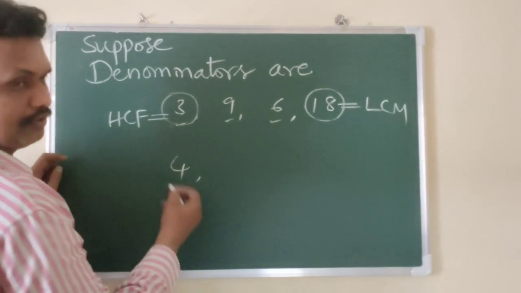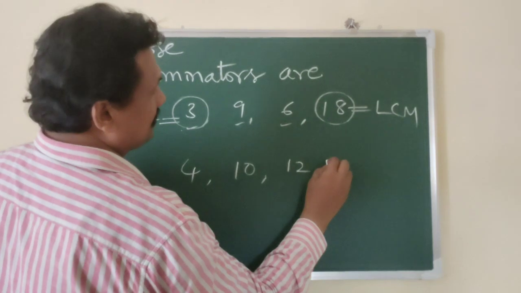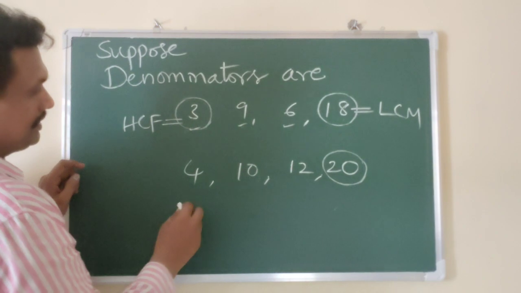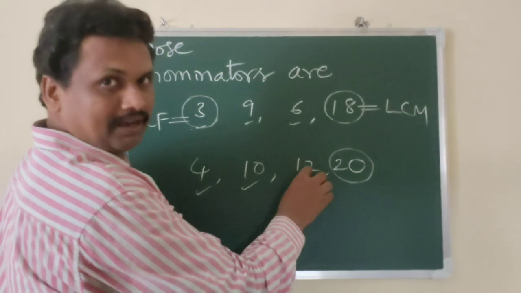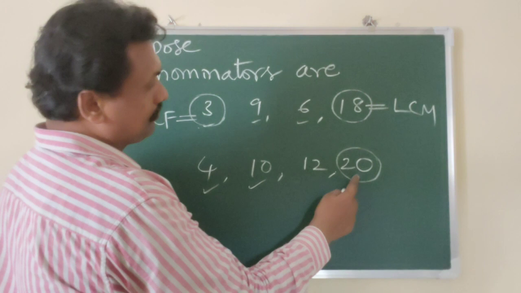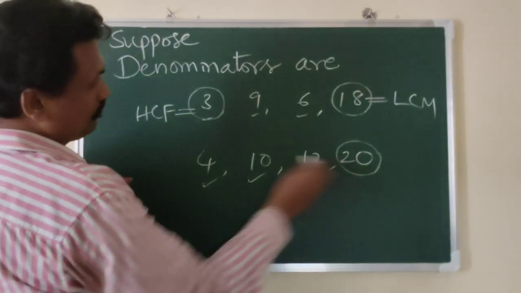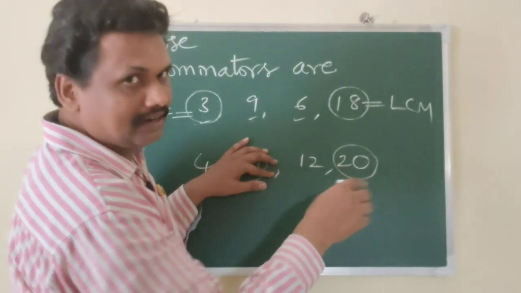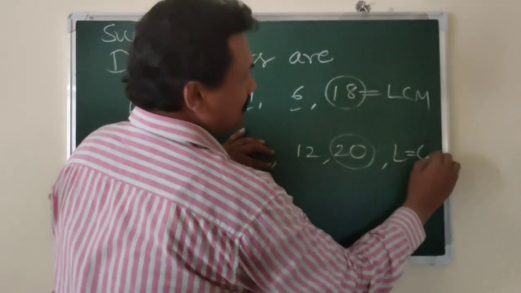Remember. I will explain one more example, the last example. Observe the numbers 4, 10, 12, 20. Here the big number 20 is divisible by 4 and by 10, so these two are qualified, but 20 is not divisible by 12. Take double of 20, which is 40, not divisible by 12. The two already qualified, so leave them. 20 is not divisible by 12, and double 40 is not divisible by 12. Triple, which is 60, is divisible by 12. So the LCM is 60.